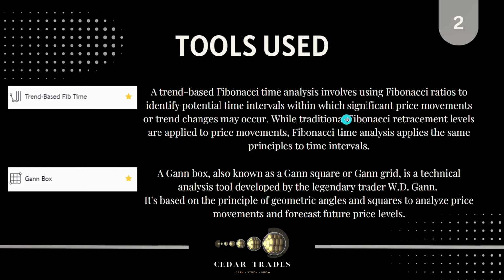While traditional Fibonacci retracement levels are applied to price movement, Fibonacci time analysis applies the same principles to time intervals. So this means that there is actually no difference between your time and price, because the same principles that we are putting in